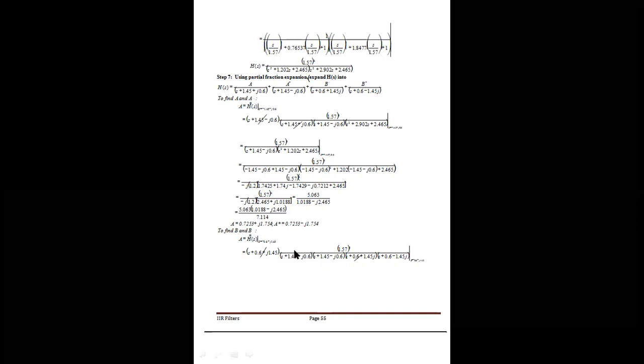Then substitute over that, we will be getting a B value equivalent to minus 0.7253 minus j 0.3, and the B star value will be equivalent to minus 0.7253 plus j 0.3. Again, this is also the complex conjugate value of B. So by substituting the values of A, A star, B and B star in the expression of H(s), it will become